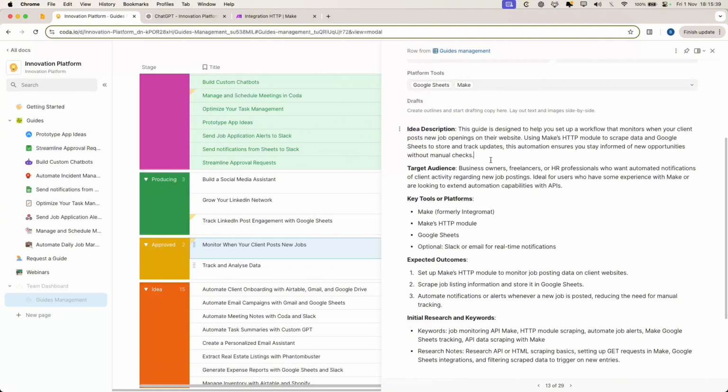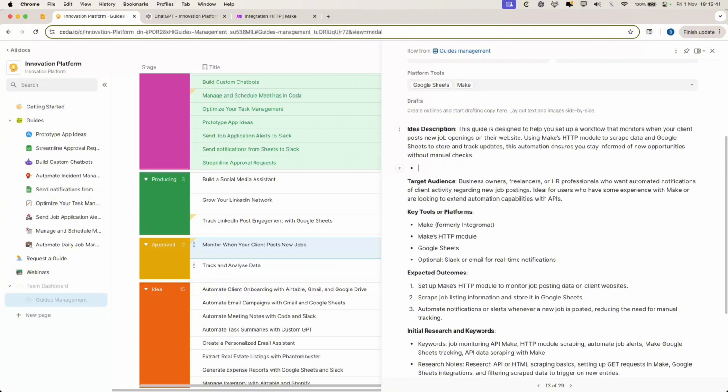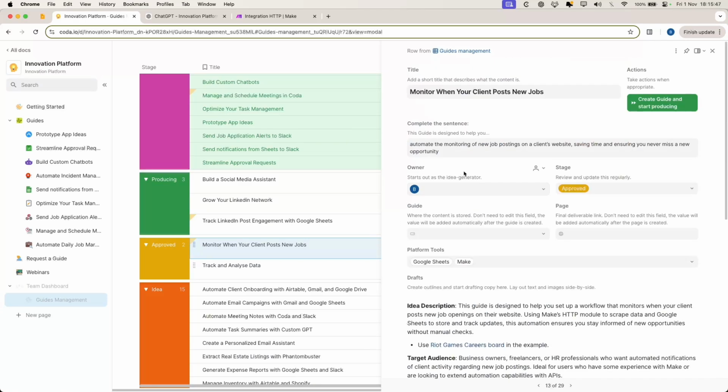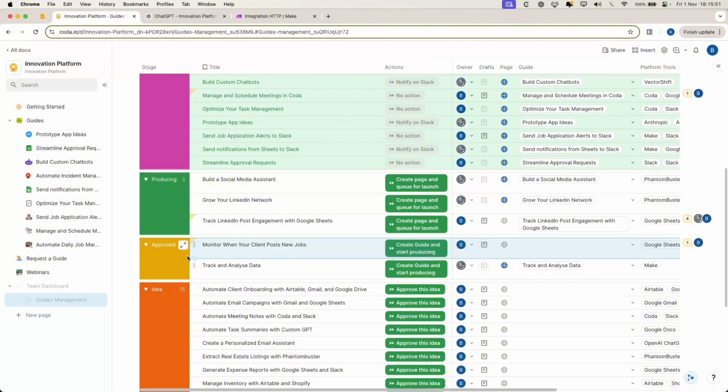Where can I put it here, maybe. And that's all right. So at this point, it is just an approved idea,